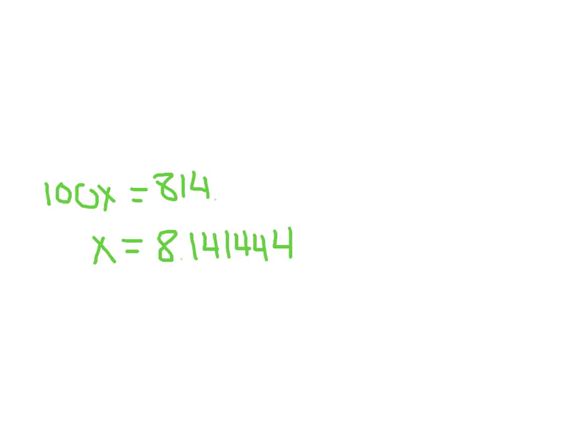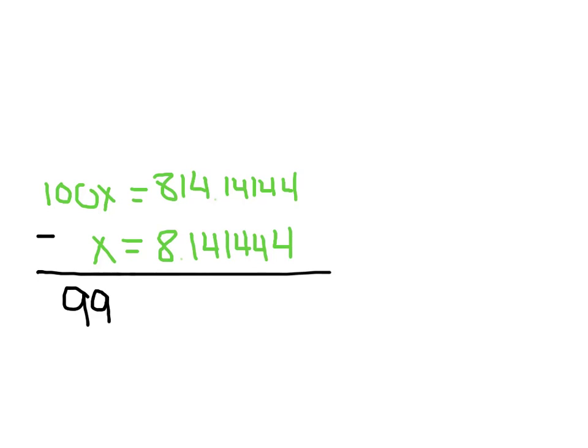The Mrs. Search showed me another nifty way to do this, that if you let x equal to 8.14 repeating, if you move the decimal over 2 places, that would be the same as 100x is equal to 814.1414 repeating. And then if you were to take the first equation and subtract the second equation, you'd end up with 99x equals, and then